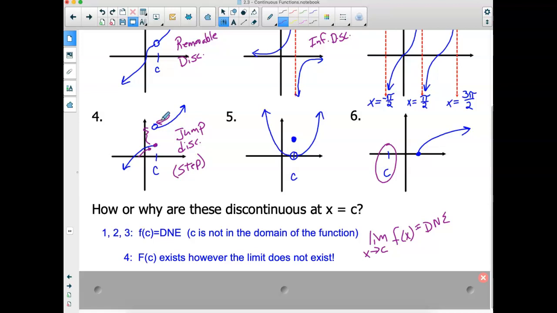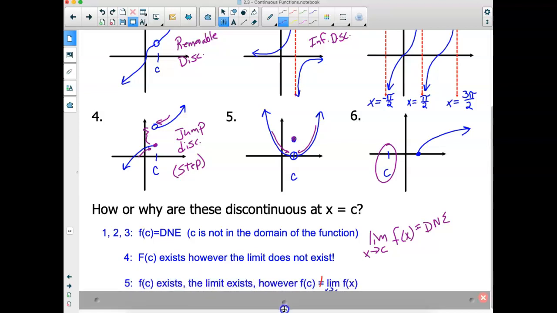Number 5 is discontinuous. Well, look at it. This is kind of weird. F of C does exist. There it is. That's my f of C up there. The limit as I approach C exists because as I come in from the left, I'm approaching here. As I come in from the right, I'm approaching here. So f of C exists. The limit exists, but this one's not continuous because,